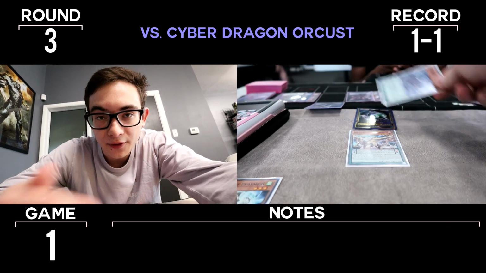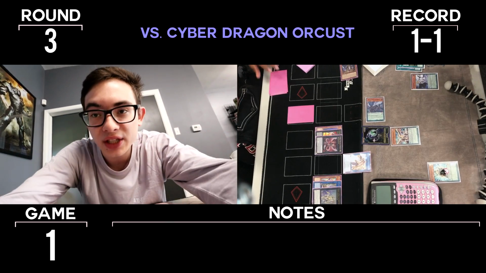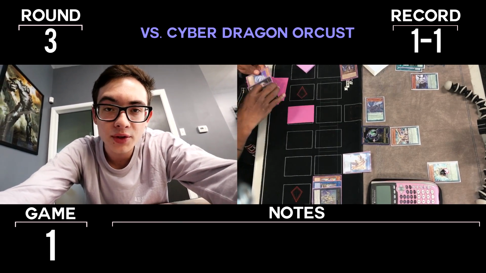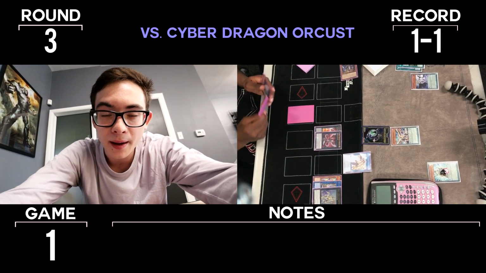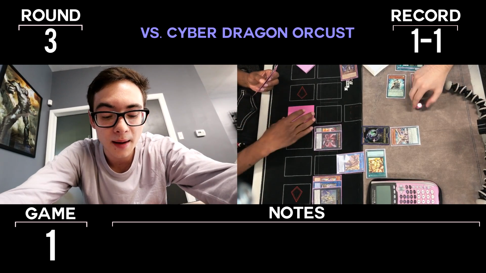When I went to activate the Safranu that I dumped off of Zephyrath to be able to add a Zephyr spell or trap, he actually negated that with Cyber Dragon Infinity, which I don't know, that's not one of the most threatful things, but maybe he didn't see much of a follow-up, so he wanted to get the negate out of the way. So he did that, and then I was able to proc my Servant to summon